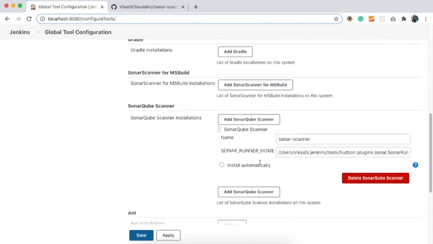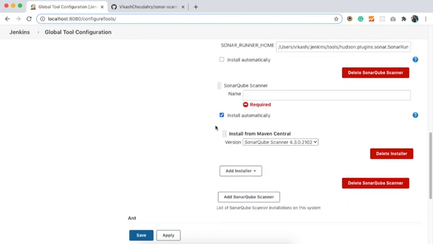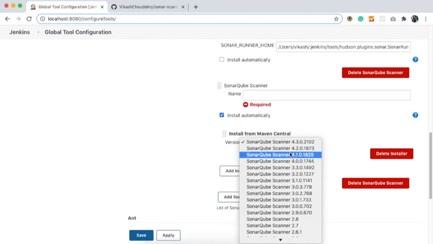If you click on this, since I have already added the Sonar Scanner, now if you want to add a new one, just give the name here, which is user input. Based on the relevant information, you can specify the name here. Choose install automatically. You can opt for this option, else you have to install it manually. Here you can see there are various versions of SonarQube Scanner available. Whatever version you want to opt for, select that option